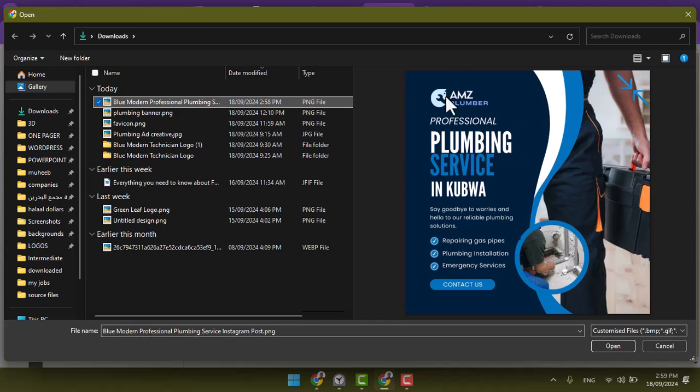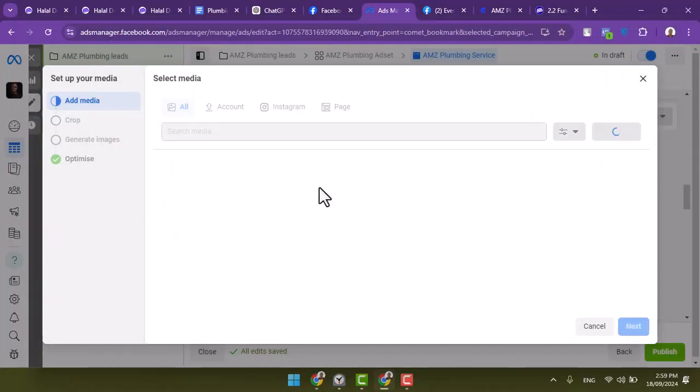It's very essential that when you're running ads for local businesses, you mention the area they're going to be serving. When people see it, they will see that this person is actually available in Kubwa. It's going to prompt them to want to inquire, that I saw that you're available in Kubwa, and they would start to know more. And people that are in Kubwa would like your business, follow your page, and engage with you. So you click on open,